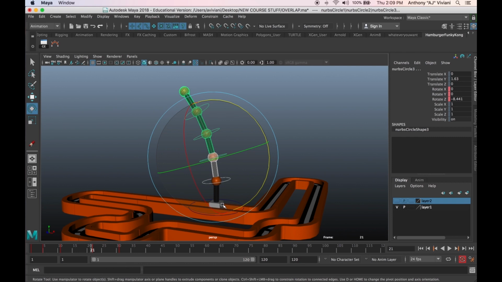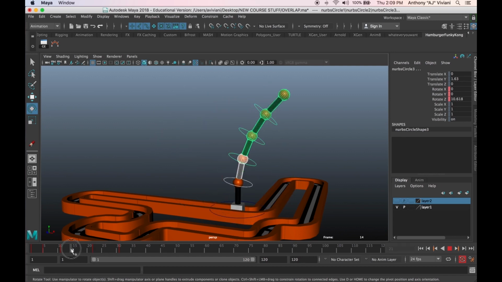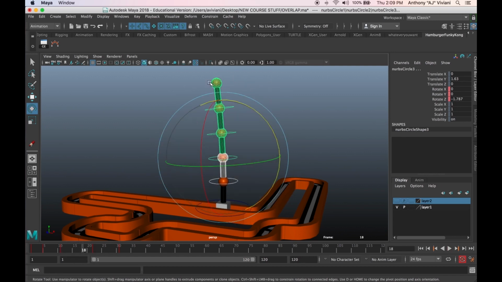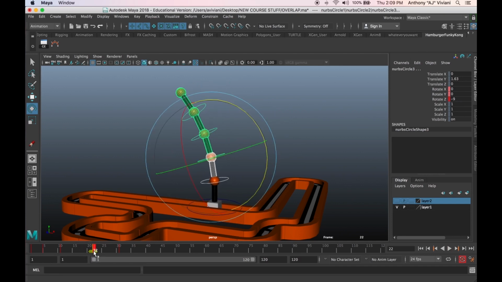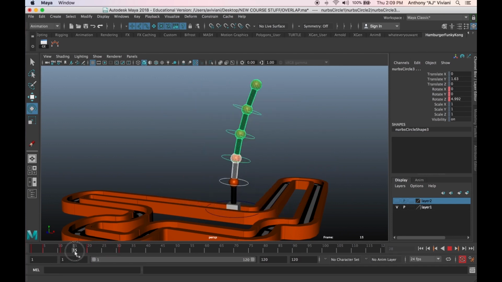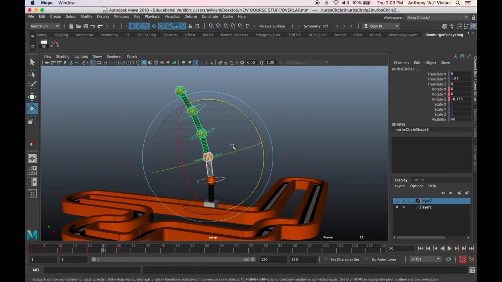So remember, what is leading the action and what is following the action. Whenever you think about drag, the pendulum or antenna here is going to be following the main action. But if this stops like on a dime, or at least slows down, the further you are from that base, the longer it's going to take for this to get the memo. So basically, as this starts to slow, this is like, well, I still have some forward momentum, so I have to play that out. So that's why this is going to have a tendency to, maybe even a little sooner, whip around that corner, hit that, maybe even bounce back